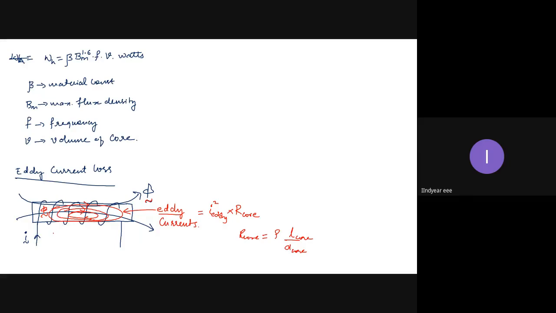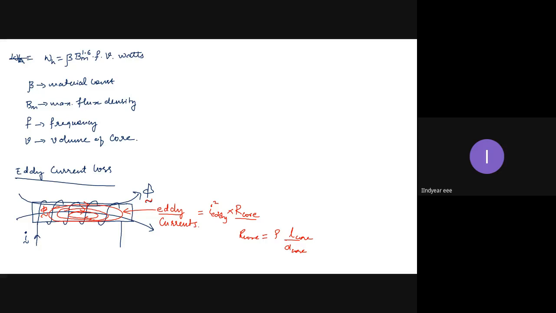How can I minimize? Instead of making the resistance of the core 0, if I make the resistance of the core infinity, then automatically currents become 0. You can say that I square into infinity is infinity. No, that is not the mathematics. We are not dealing with mathematics, we are dealing with physics. If I make the resistance of the core infinite, my eddy currents become 0. No current will flow in an infinite path. But physically or practically, I can't make the core resistance infinite, but I can keep it very high.